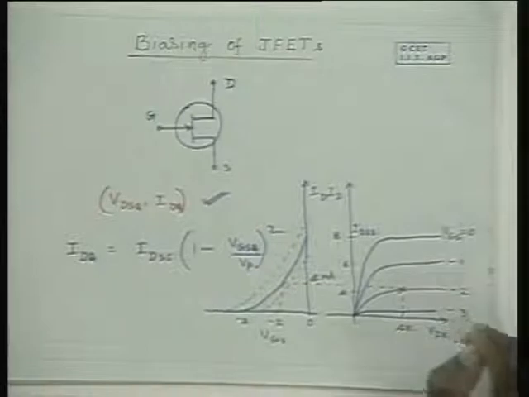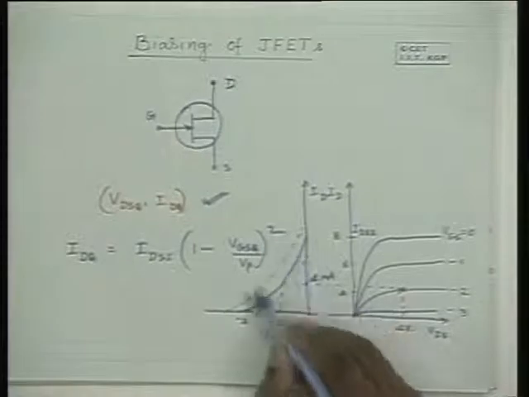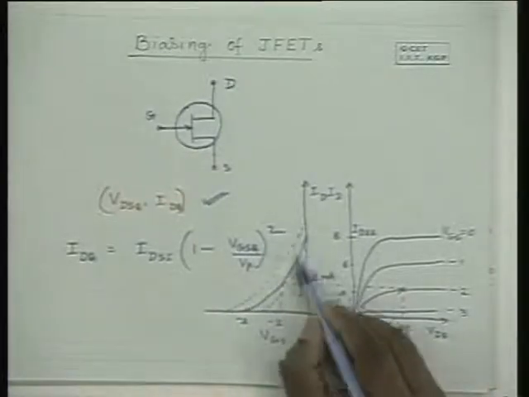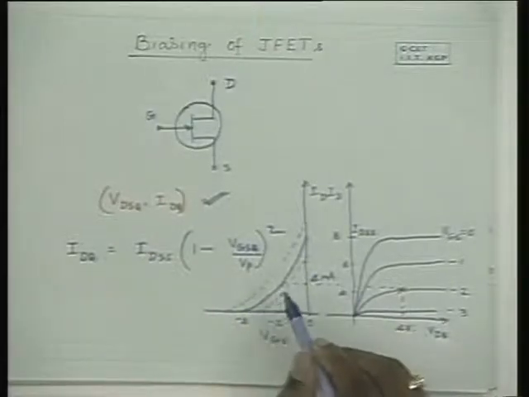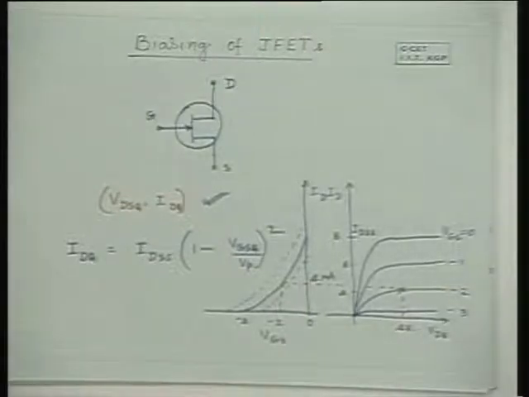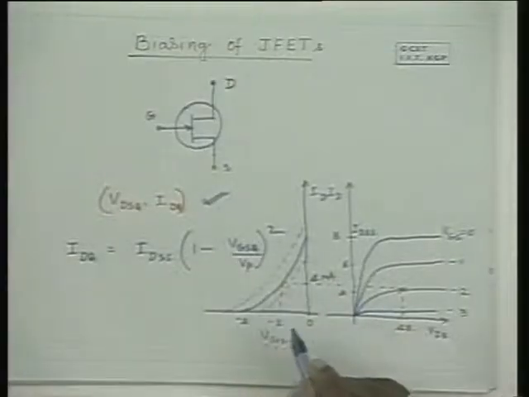So if you buy a device from the market, you are not sure whether the characteristics is this or this or in between. But typically the manufacturers give you a typical characteristic, that is, most likely this is the characteristics. This is true with all kinds of equipment. If you go to the market and buy a scooter, are you sure about how much mileage it gives exactly? There is some manufacturing variation. The same thing happens here also. Because of this reason, the transfer characteristics have some wide variation.